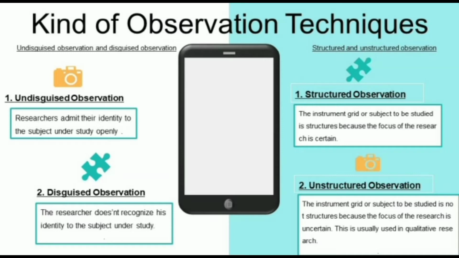Structured observation, the instrument or subject to be studied is structured because the focus of the research is certain. But it is different with unstructured observation. The grid or subject to be studied is not structured because the focus is not certain, and this is usually used in